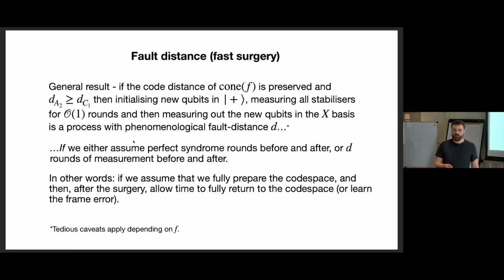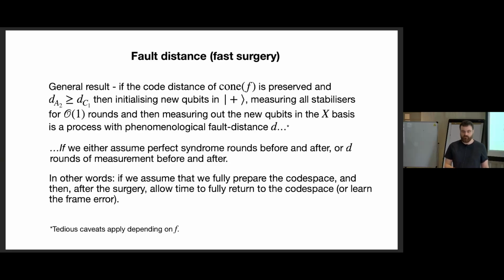Yeah, okay, so we have a very similar kind of argument as before about being able to do everything with phenomenological fault distance D, where the main difference is now that we have this meta check distance, which has to be sufficiently high, and now we're measuring all of the stabilizers for order 1 rounds instead of order D. But we have the same kind of issue down here as well,